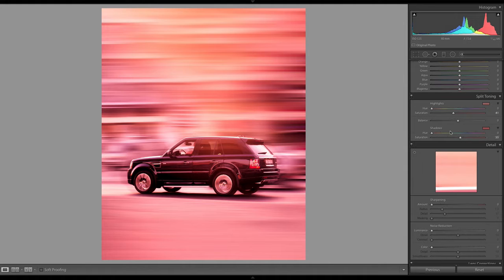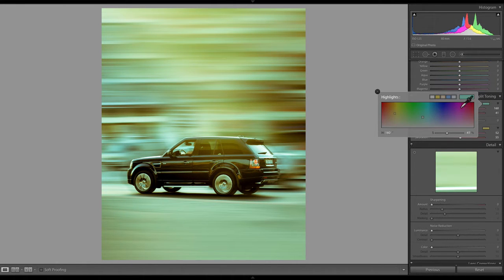And then choosing a color by dragging the hue to the left or right for either the highlights or the shadows. You can also open up the color picker, and here you can drag up and down or around the colors themselves for the highlights. And when you drag down, you decrease the saturation slider. When you drag up, you increase. And you can drag left or right to pick a specific hue.